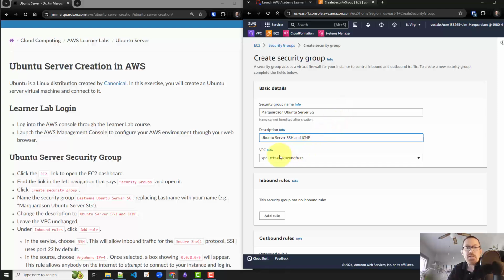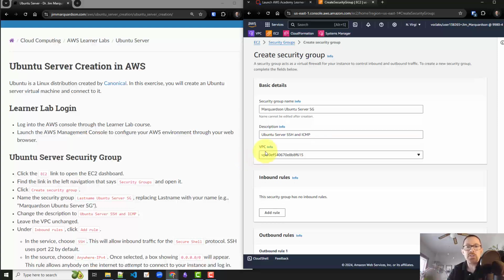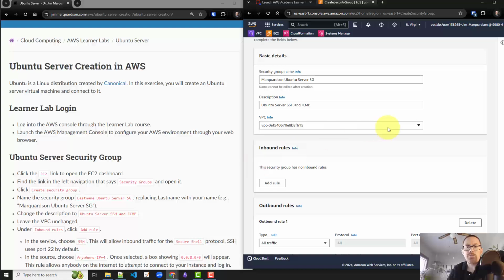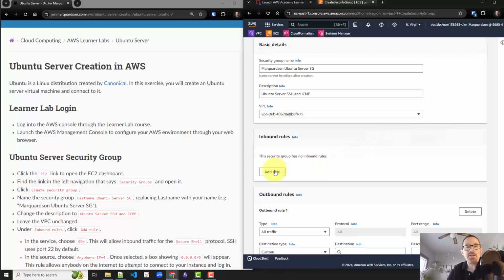Whatever the VPC is, the virtual private cloud, just keep that. Yours will be different than mine. Everyone across the universe will have a different VPC ID there. Just leave it alone. You should only have one. So it'd be hard to select the wrong one because you should only have one at this point. So I'm going to add a rule,